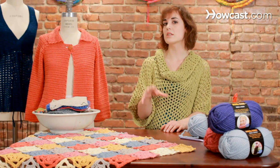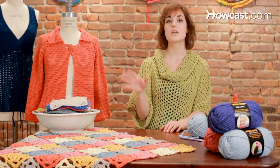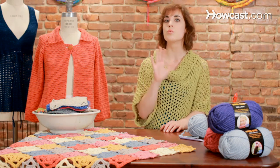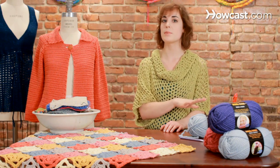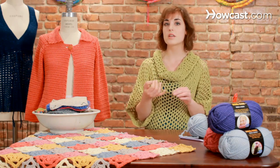When you're looking for a crochet pattern, there are a few things to keep in mind. A lot of people get hung up on words like skill level, such as beginner, intermediate, advanced. My advice to you is just read through the pattern. It's just like a recipe. You need to read through it first to figure out what your prep work is, what you need to know